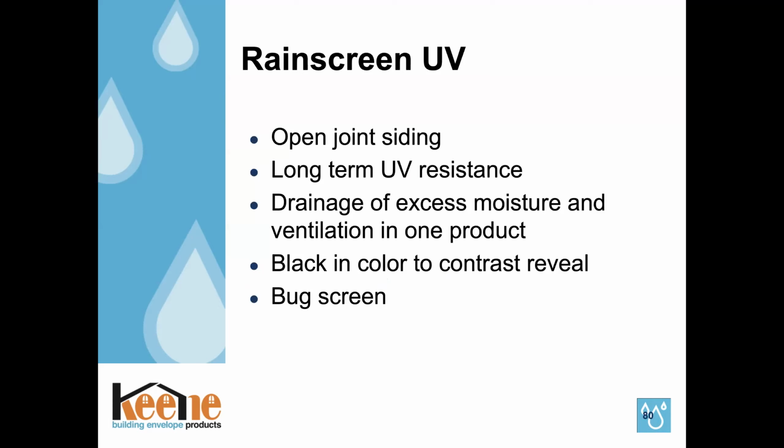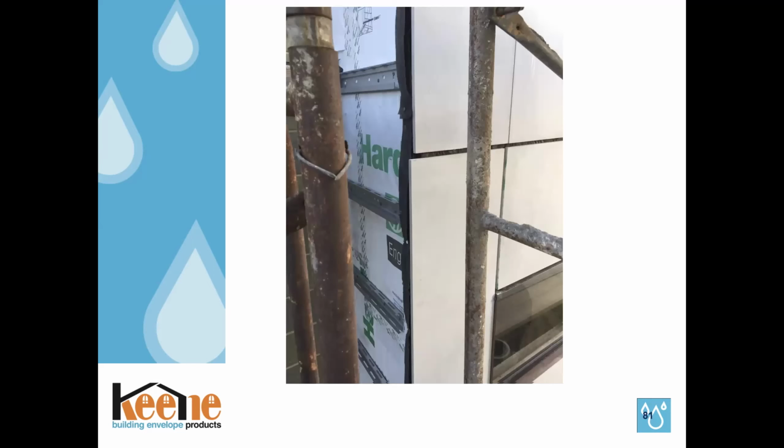Another system that we're starting to see a little more commonly is a UV resistant Rainscreen system. These are necessary when you have open joint cladding systems because they do two things. They provide drainage and ventilation as well as long-term UV resistance. Almost all primary weather barriers that you see installed have a UV exposure limit, most of them less than 9 months. Residentially, it's very common to be in that 4 to 6 month range. And then, of course, the Rainscreen can also provide a bug screen, and they provide an attractive black surface,